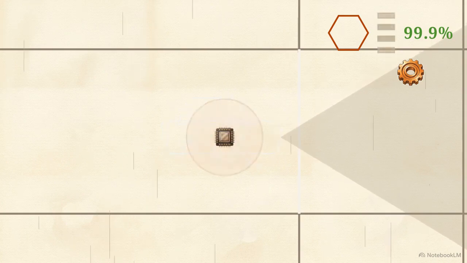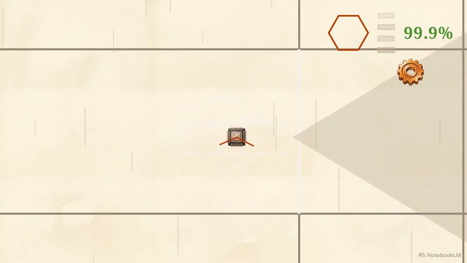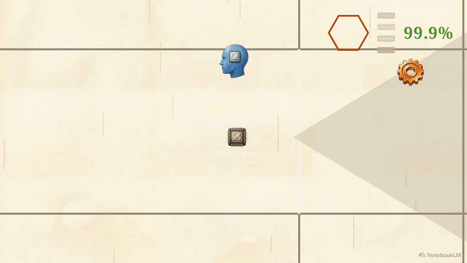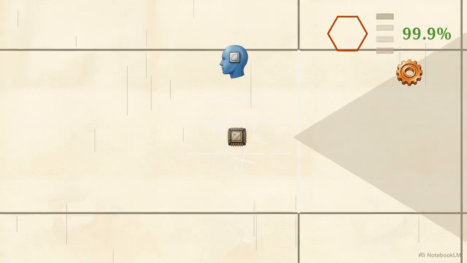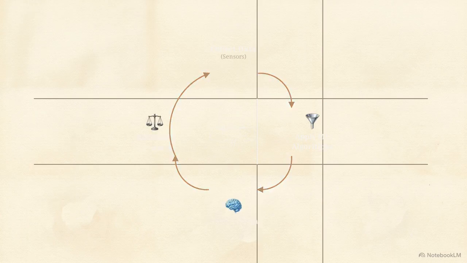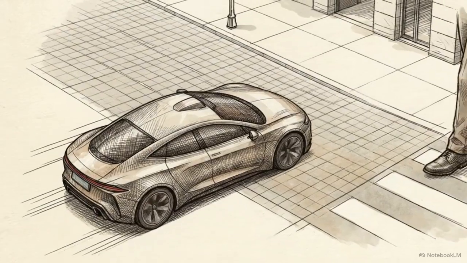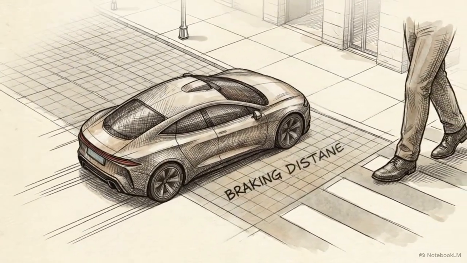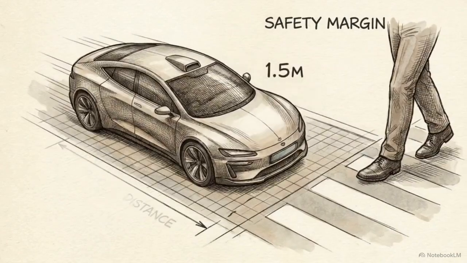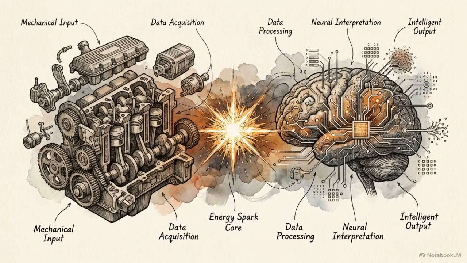But recognizing a sign isn't the same as driving. The real-time, human-like decision to act on that data, sending the command to the brakes to stop the car at the line, that is the artificial intelligence in action. As the car drives, the system runs a continuous loop. It collects fresh road data, applies its ML algorithms, learns new patterns, and outputs a smarter AI decision. The vehicle stops safely because the engine identified the pattern in the data and generated the correct response. The intelligence here is the direct result of that learning process.